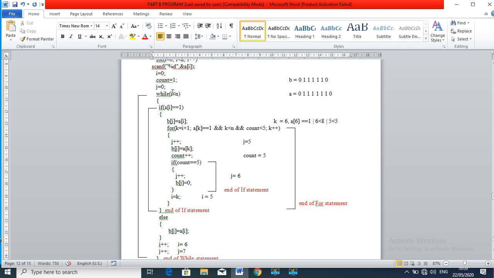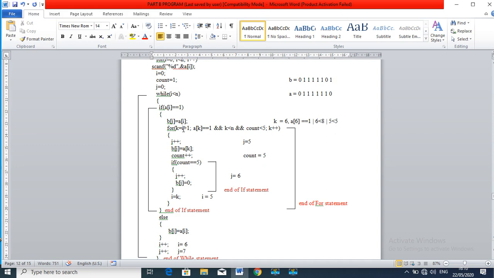Then the while condition is checked, 6 is less than 8, yes. If a of 6 is equal to 1, yes, the condition is true. b of j, that is b of 7, is equal to a of 6, which is 1.